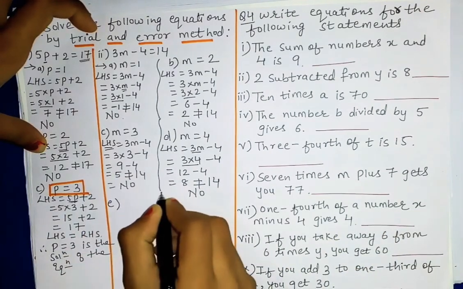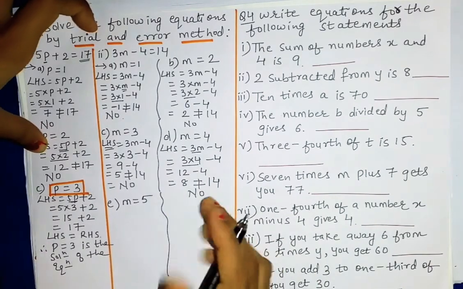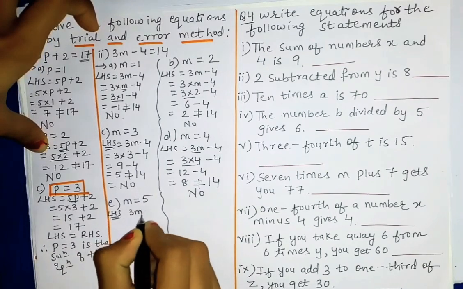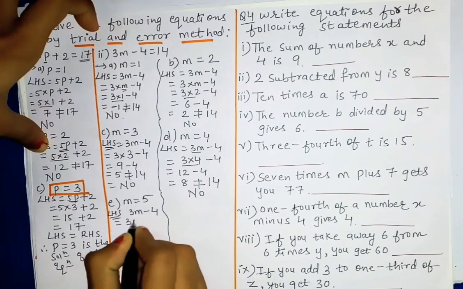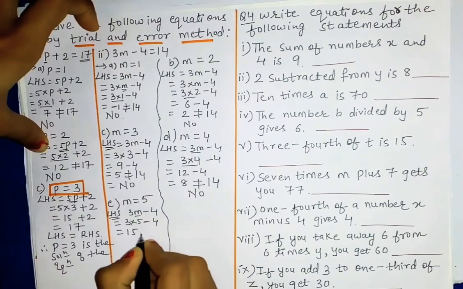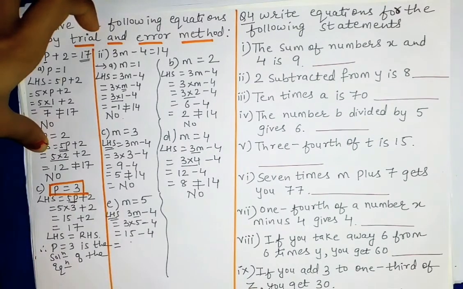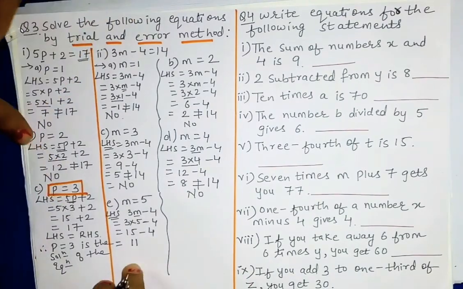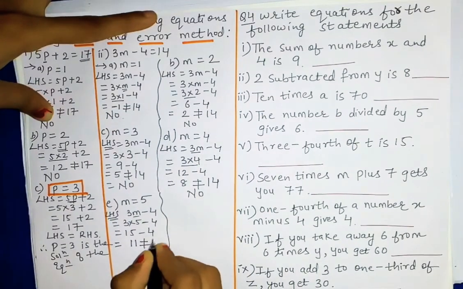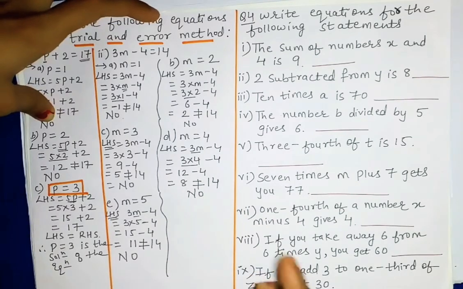Now we will move ahead with the fifth value. Now I am taking m equal to 5. Okay, 4 I have taken. Now I will try with 5. So LHS part is 3m minus 4. So 3 into m, and m is 5. So 3 into 5 minus 4. So that will be 15 minus 4. So 15 minus 4 will be how much? So our answer will be 11. So we got 11, and here 14 is given. So 11 is not equal to 14. So this is also not the correct value.